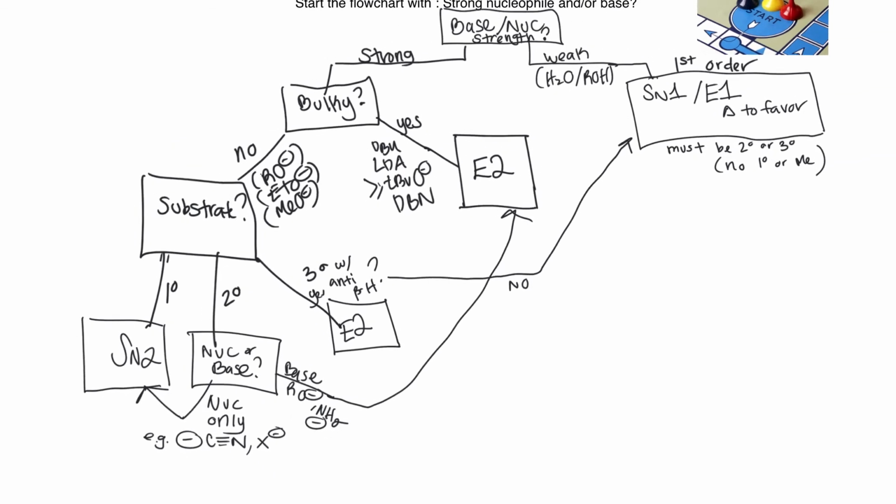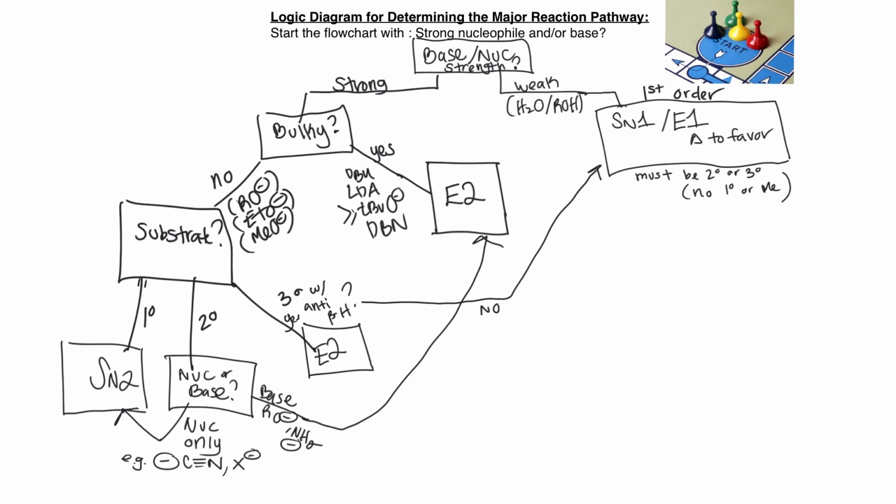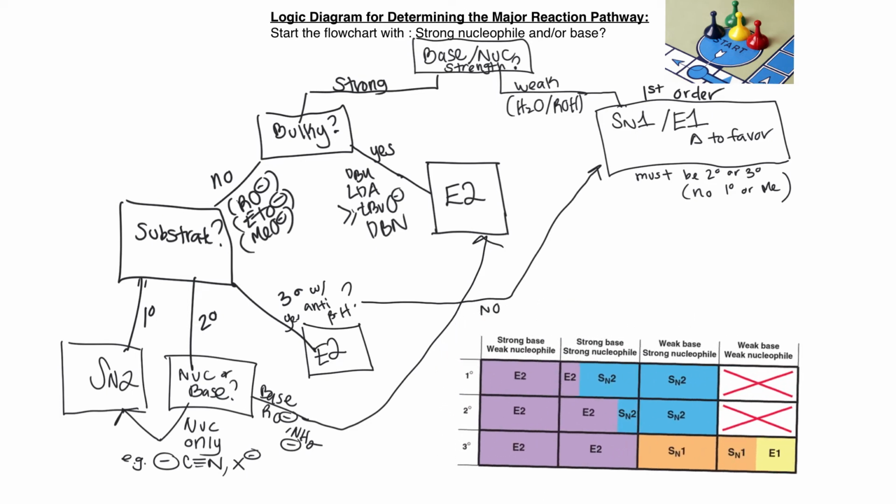So another way to do this logic diagram is to put it in a table. Klein has a really nice one, and I took this from the Klein textbook. It doesn't have as many specifics, but we want to get away from too many specifics because we don't have time to write a flow chart out every time. So this was kind of a big summary picture, and now we're going to try to distill it into smaller chunks that we can use.